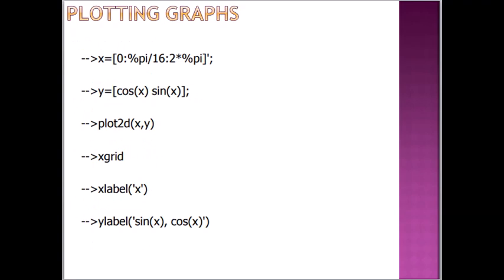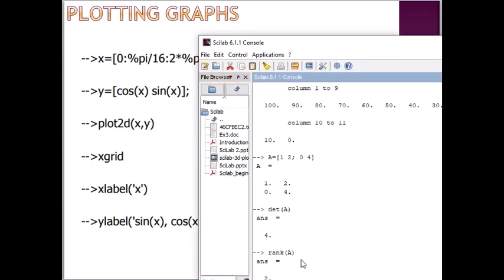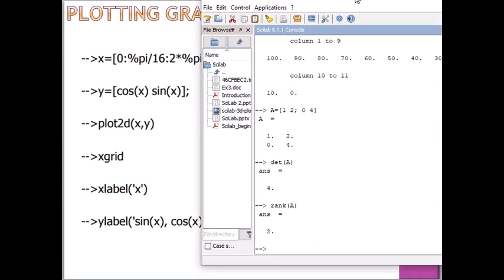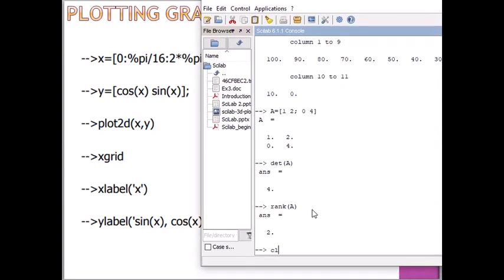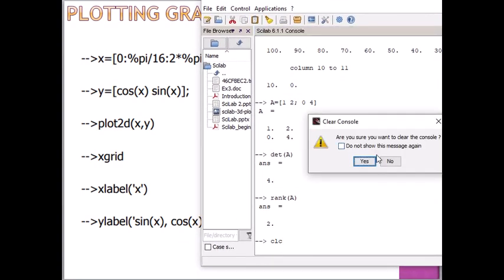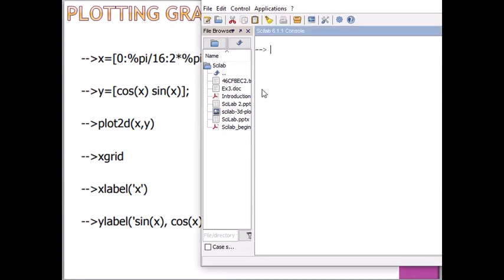In these plotting commands, say if we need to plot some functions, right? We define x is equal to 0 up to 10 with step 0.1, right?